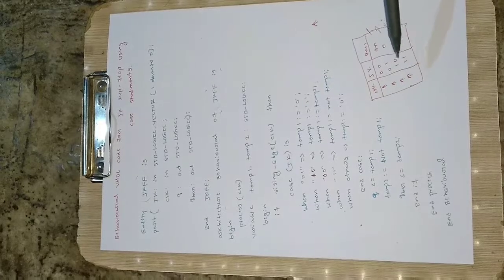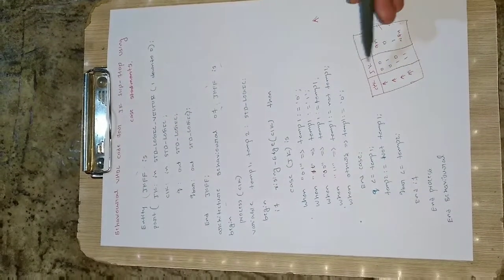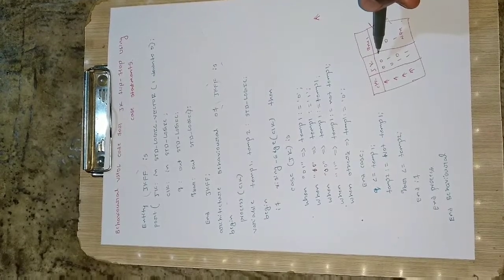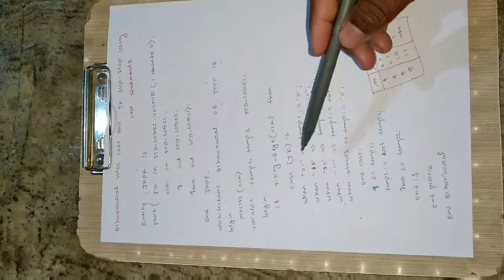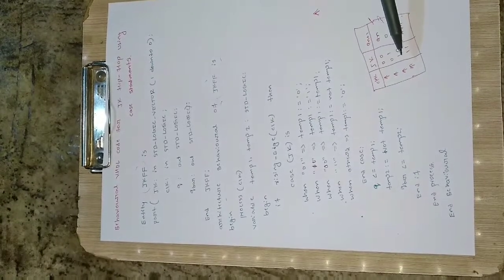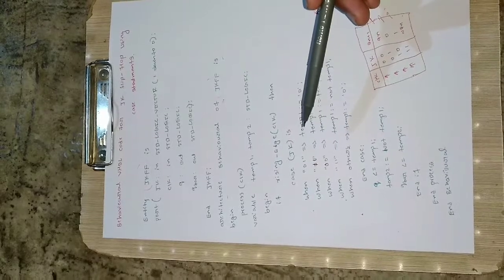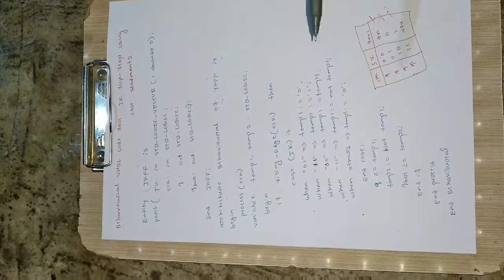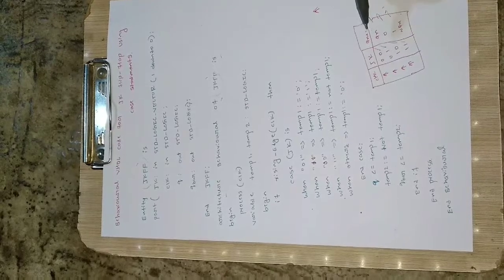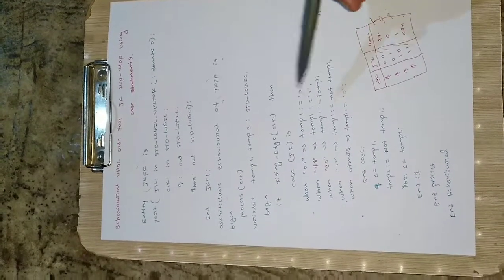So you could have written in this order as well. There are no rules like that. However the truth table is, you should be writing in the same manner. So I have jumbled the program here. You can see, first I have written the 0 1 condition, then the 1 0 condition, then 0 0, then 1 1. So whichever manner you like, you can write. Some people write 0 0 first, then 0 1, then 1 0, then 1 1. So it is left to you, how do you want to write? I have written like this.